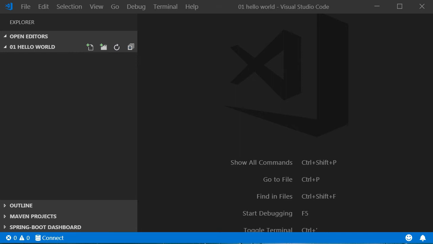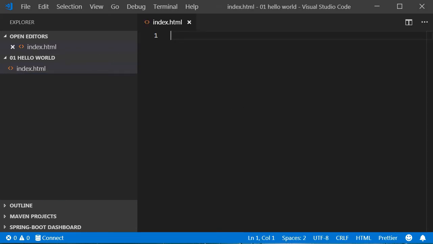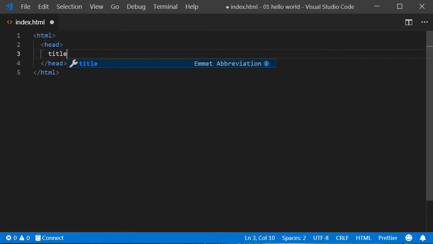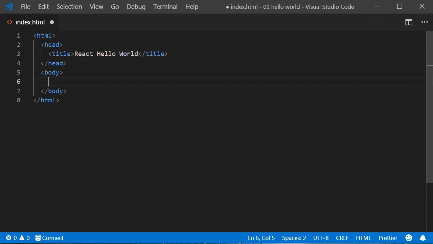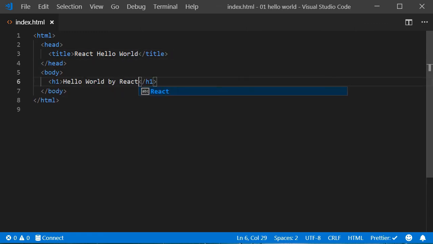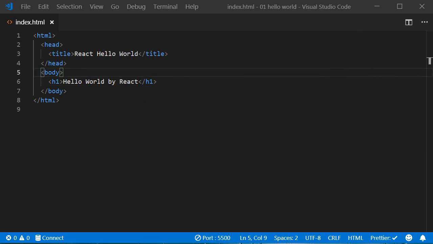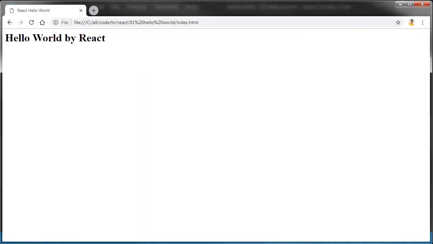To start with, let's create an index.html file which contains a basic HTML structure, having a title and an h1 tag for displaying some text on the browser. This will be the starting point for our journey to learn React. Now let's open this index.html in the Chrome browser, and you can spot the title as well as the h1